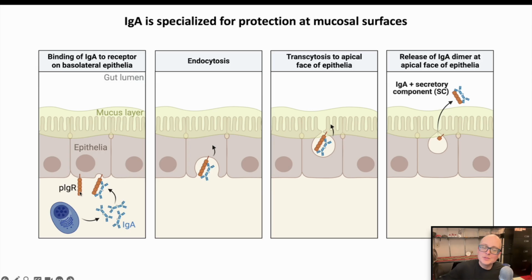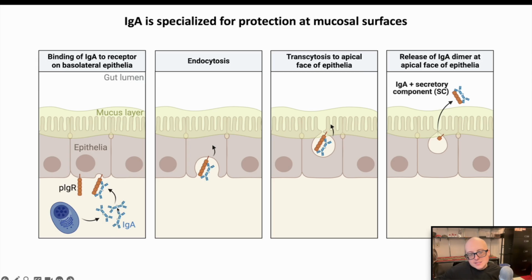Polymeric immunoglobulin receptor binds to polymers of IgG, which is what that name suggests, and the polymeric IgG in question is going to be IgA, which exists as a dimer. IgA is being made by cells in a site called the lamina propria, kind of the other side of the walls of the gut in this example. This is actually an example of a plasma cell, which is making IgA. But this IgA dimer